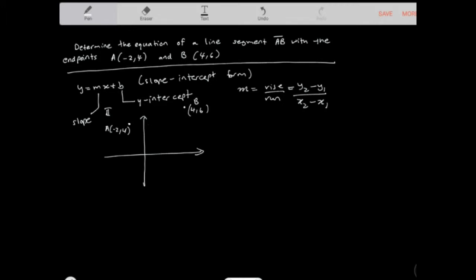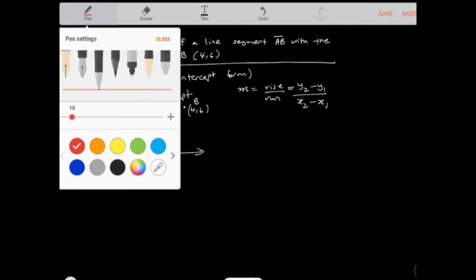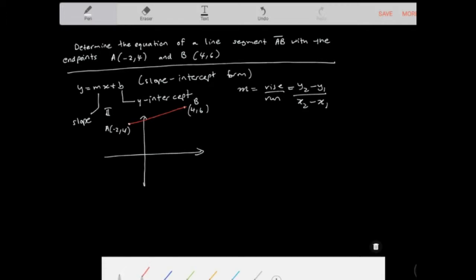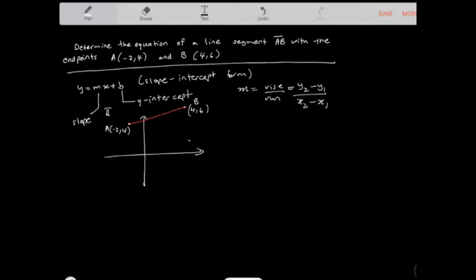And maybe this is the line. So we can see that this isn't an actual line, it's just a portion of a line, and we call this portion of the line a line segment. These 2 points that make up the line segment are called endpoints. Now we can call this point 2 and this point 1. If I'm finding the equation of this line segment, I need to solve for the slope as well